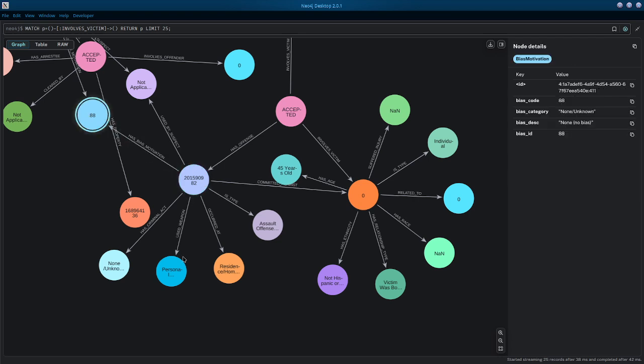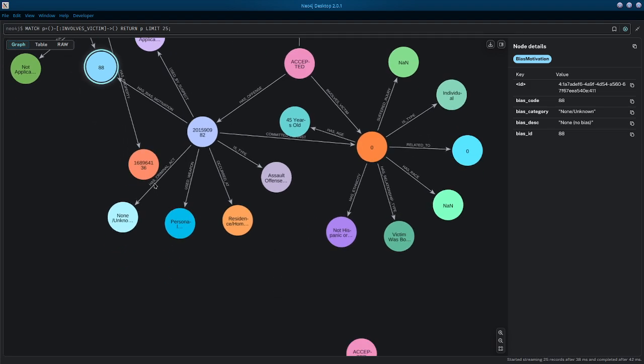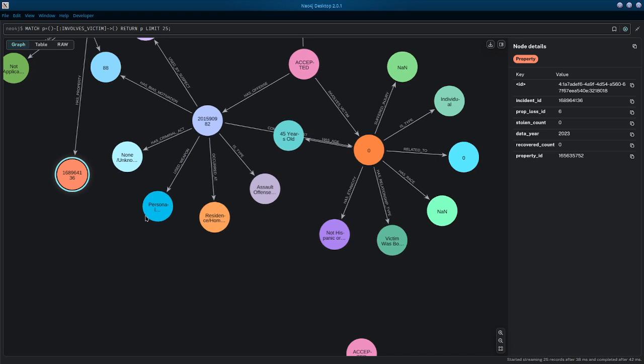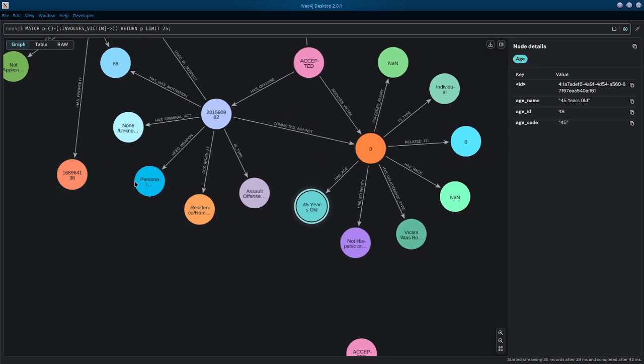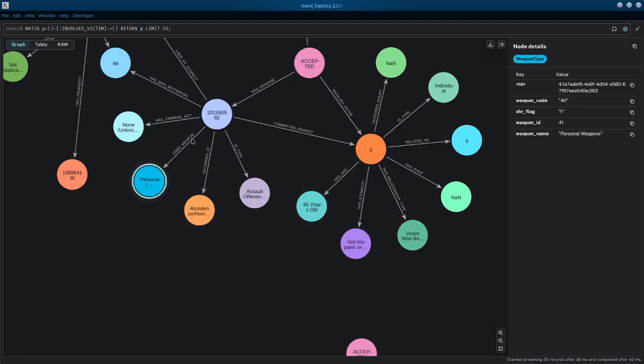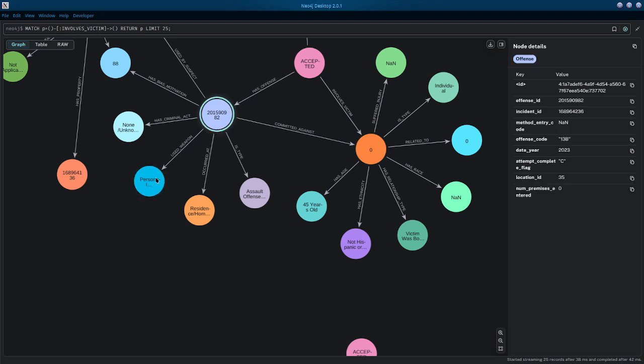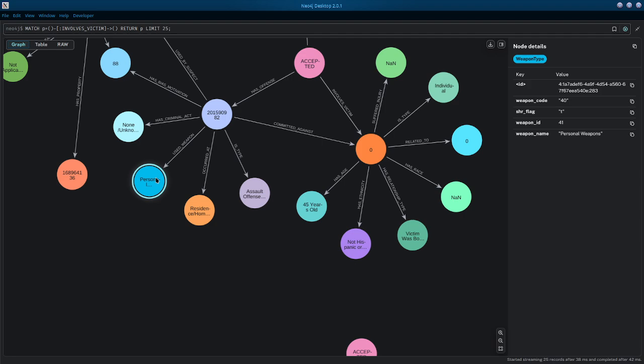I don't know what the motivation bias is in this case. Of course, there is a weapon here now. So in this case, we have an offense where they used a weapon against the victim,